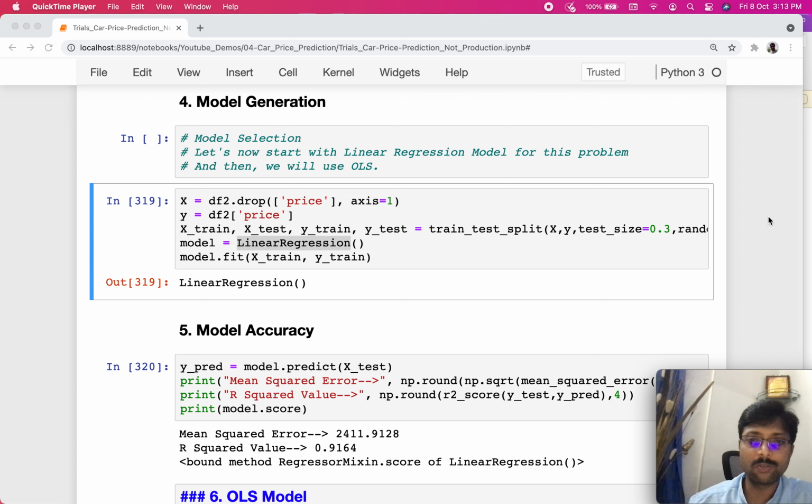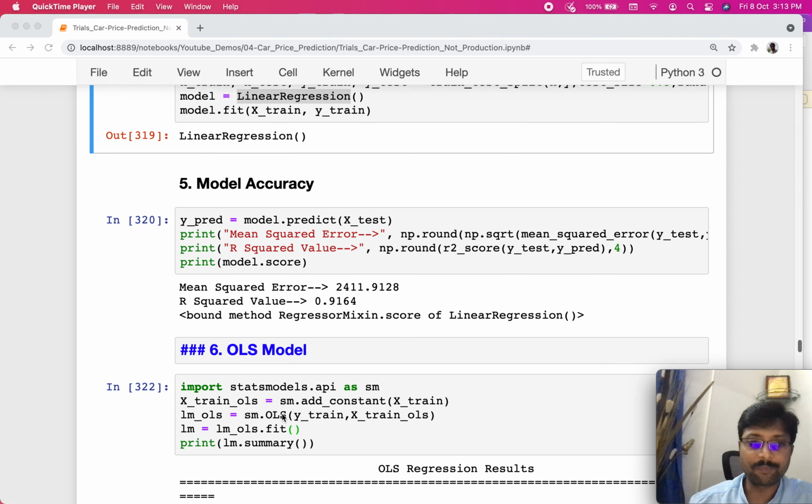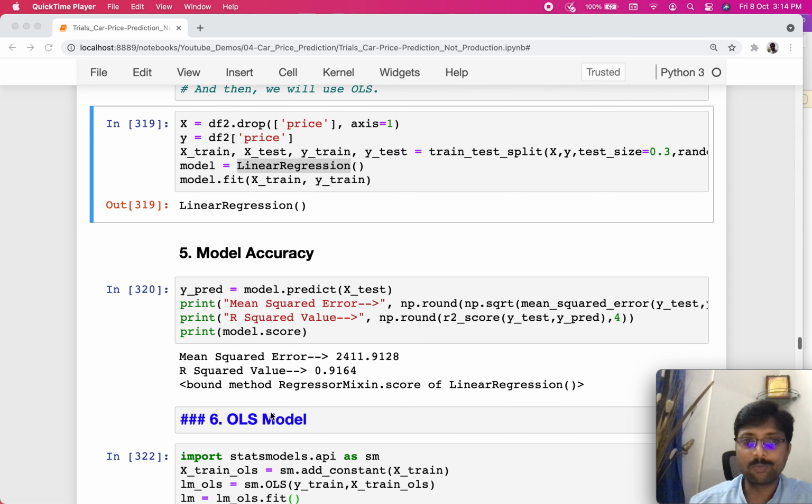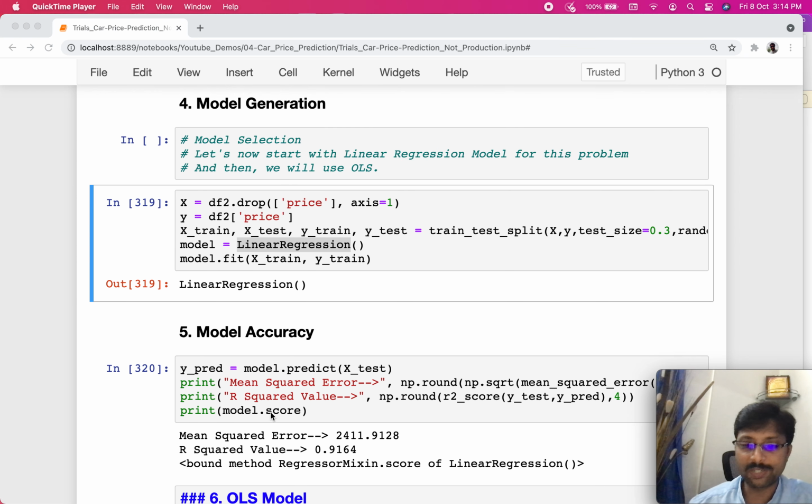Two popular libraries for generating machine learning models for linear regression. One is from sklearn, that is called the linear regression algorithm, and another one is from the statsmodels API, and this is called the OLS model, right? So both of them are meant to be used in the same context of linear regression. I will show you both these models, and especially OLS will show you much more detailed statistical accuracy measures and figures of the machine learning model. But otherwise, both of them are meant to be solving the same problem, right?